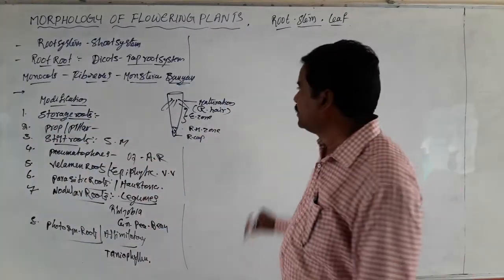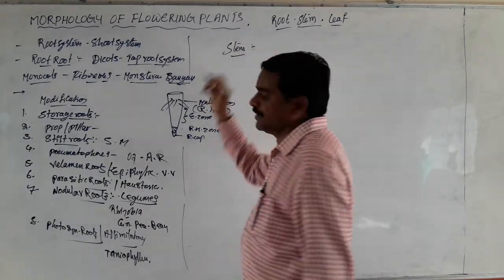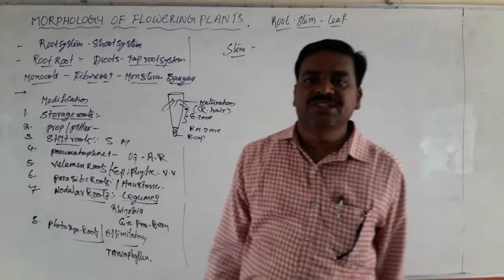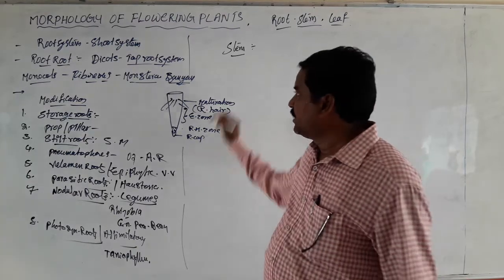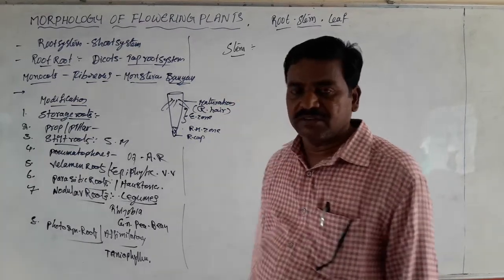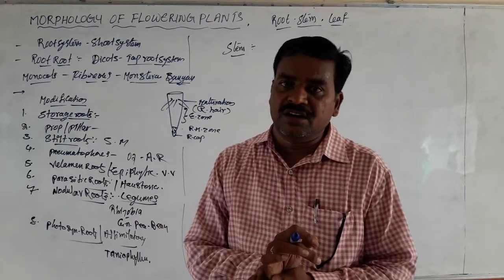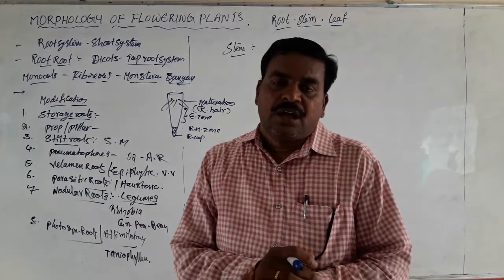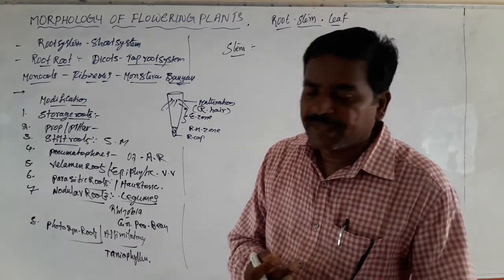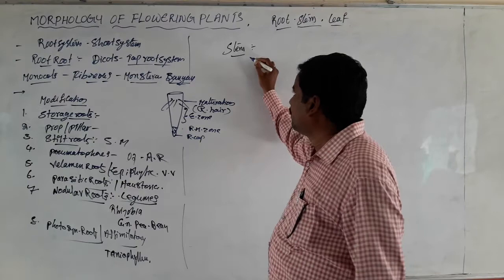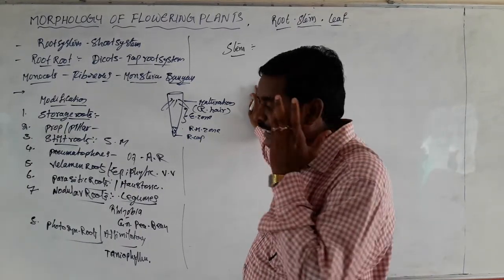Students, now coming to the stem. The main axis of the shoot system is called the stem. It is divided into a number of nodes and internodes, and every node also bears leaves. Stem plays a very significant role in the conduction of food materials and water from the root to the shoot, and spreads the leaves to proper sunlight. It helps in preparation of food materials, etc.